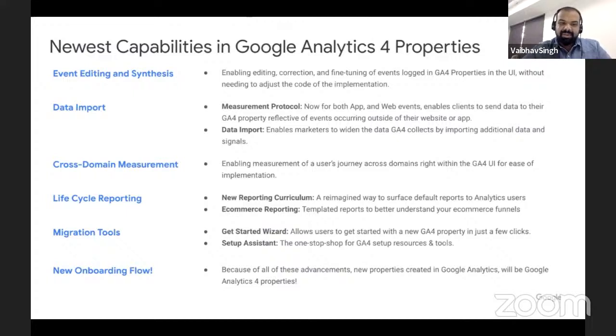We already talked about cross-domain measurement. So if you have multiple websites, do try it with multiple websites or subdomains, and you would be able to easily get the cross-domain measurement done. There's lifecycle reporting. We have seen in the earlier slide that you could easily track the lifecycle of the user: when the user lands on the page, at what time he performed an event, and what that event was. Was it a click event, a scroll event, or any of the n number of events which you have configured inside your dashboard?